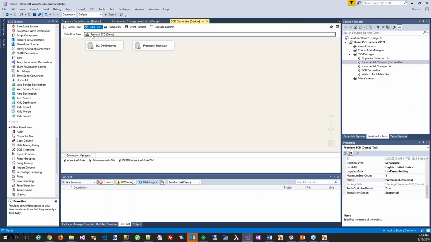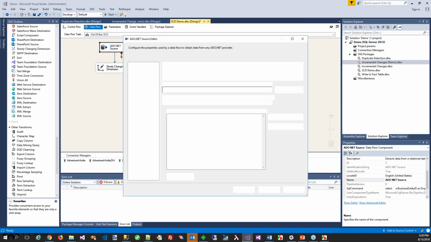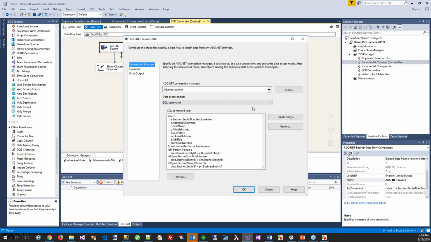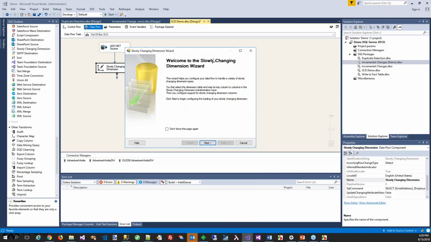Let's come back to the out-of-box SCD component. I already prepared the source to save time. My source is my transactional database table, but I already put in a query that joins tables to make it become dimensional data. Then I can click the slowly changing dimension component. It brings up a wizard that I can